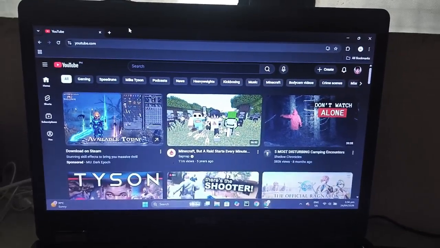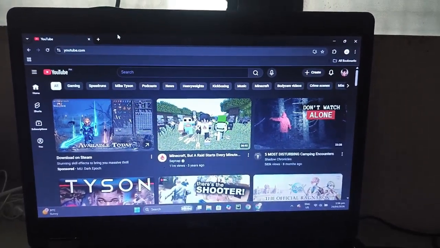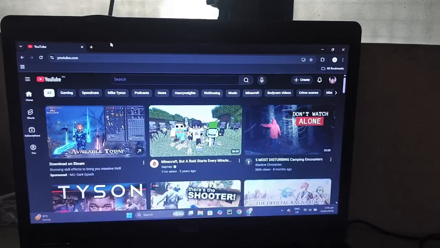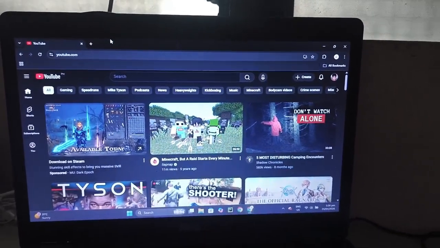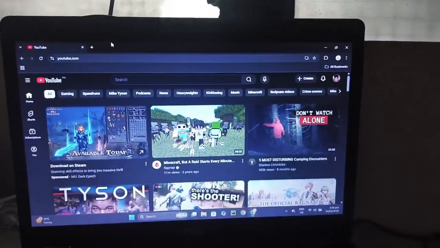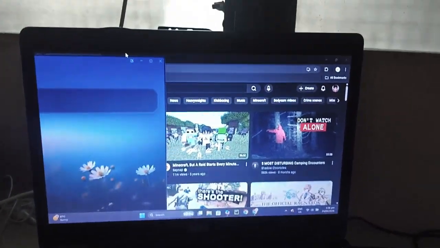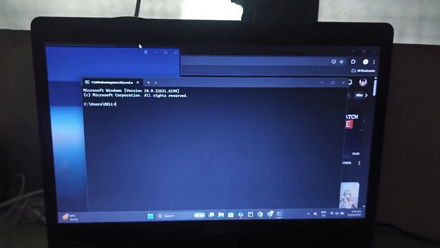But how do we actually understand that we are getting a connection from YouTube? This is how we find YouTube's IP address, by going to the CMD. I forgot I was clicking Control C for some reason. So now we're gonna try and ping YouTube.